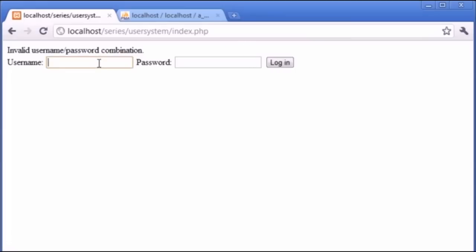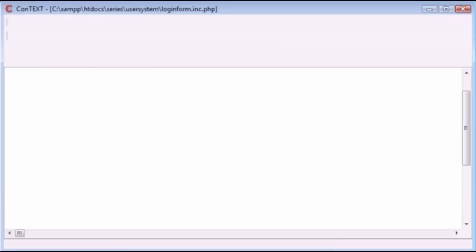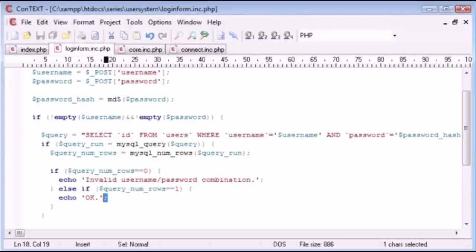So now let's try this with Alex and pass123, and click login, and it says OK. So now let's return some of the data that we've been processing. Well, we already know it matches, but let's echo out username, and we'll echo out